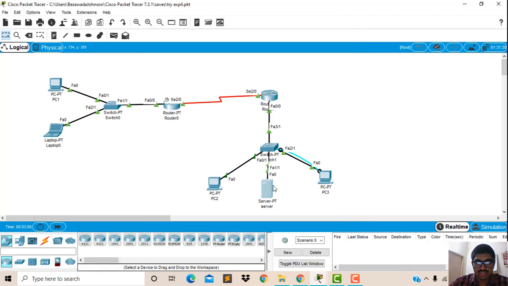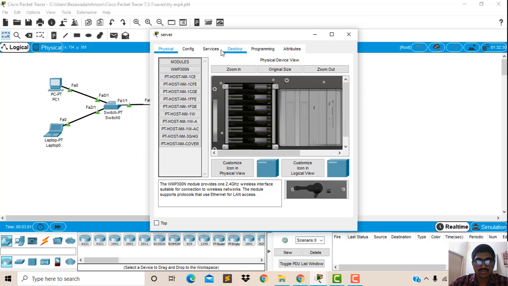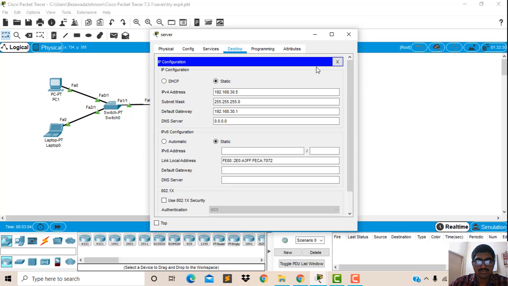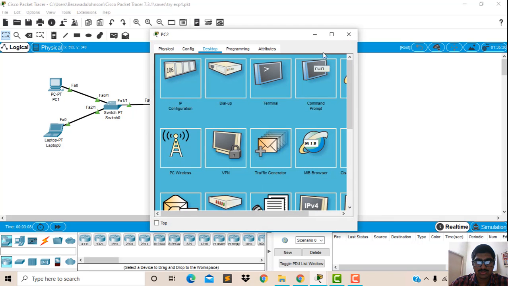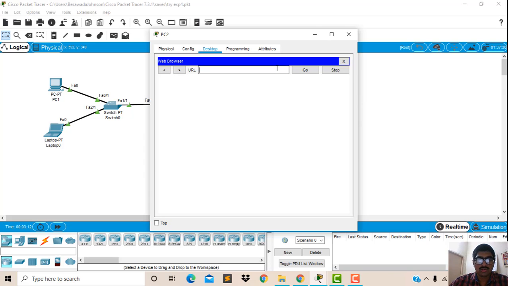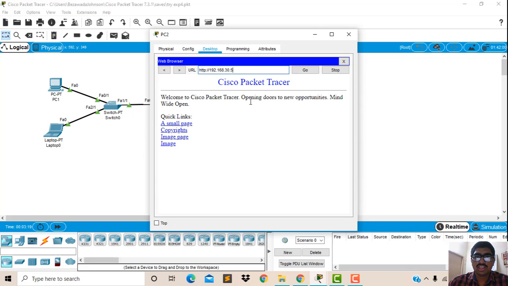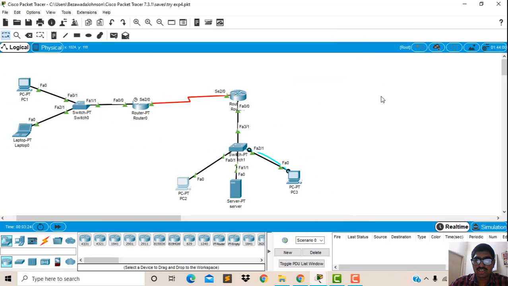We will check. Now we will check 192.168.30.5. Now when we see the server is responding and giving the information accordingly.